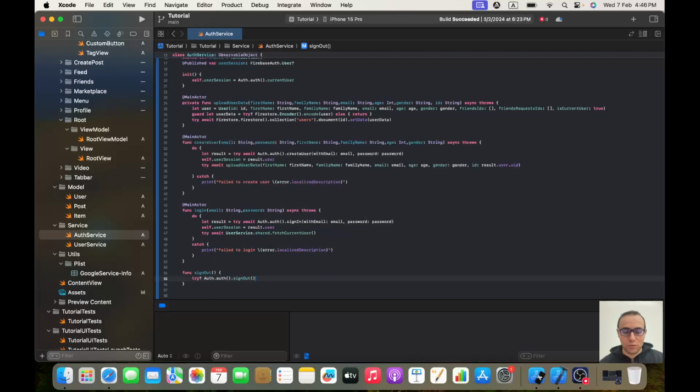But try Auth.auth().signOut, and then of course we need self.userSession to be equal to nil,